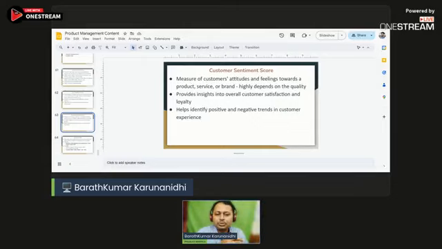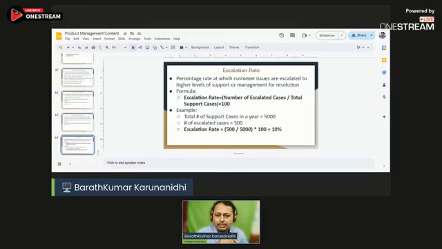So these two tools, for example, we can use it to track the customer sentiment score. Okay, so this is about the customer sentiment score. Next is about escalation rate. So this talks about the percentage rate at which customer issues are being escalated to the higher levels of support